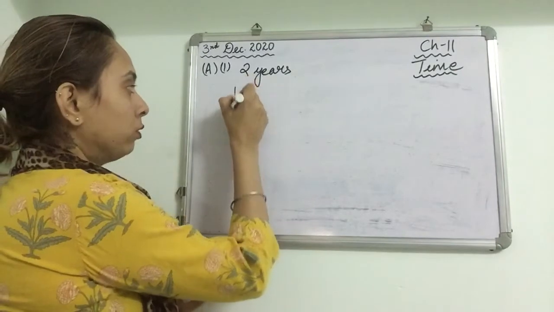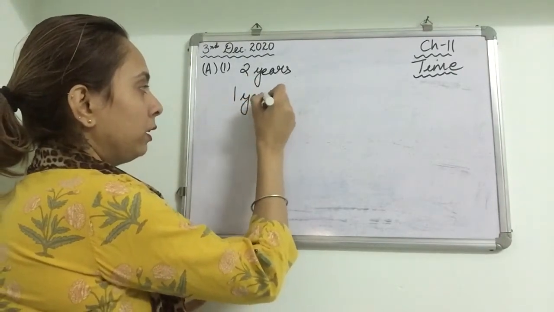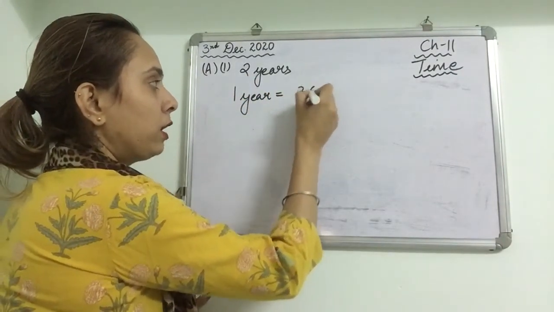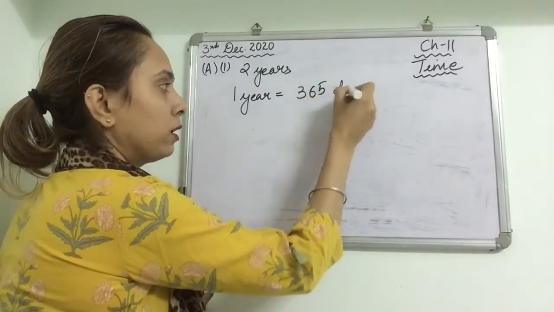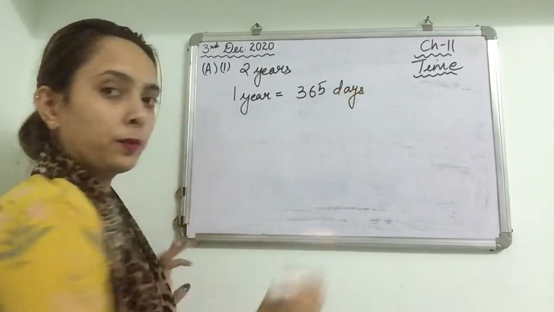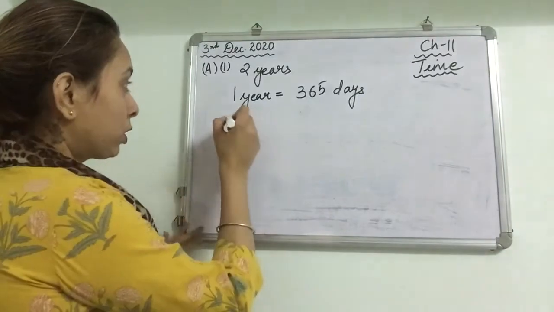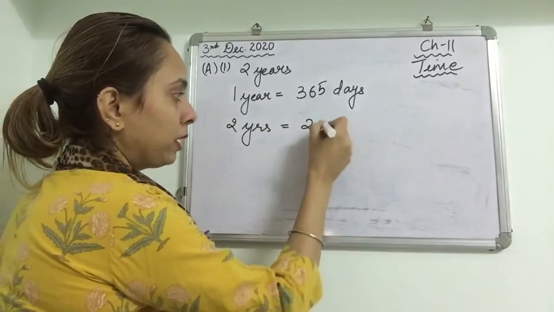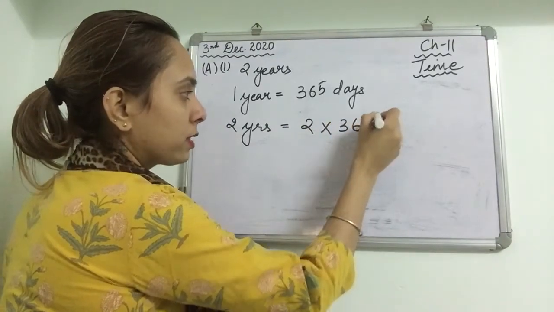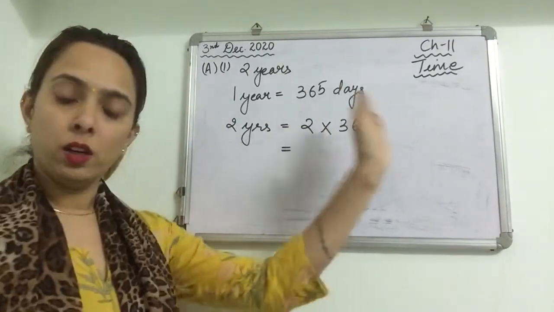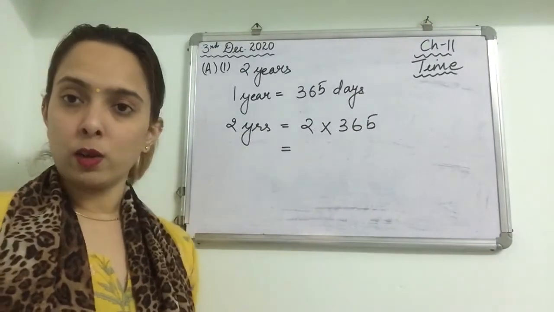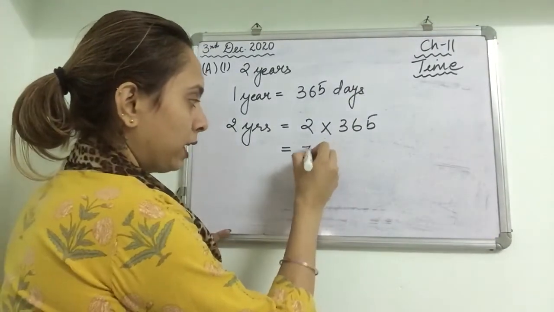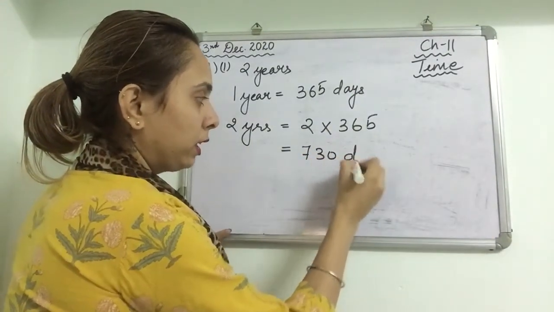So we will use 1 year is equals to 365 days. 2 years is equals to 2 multiplied by 365. In your rough work, you will find out the answer. The answer is 730